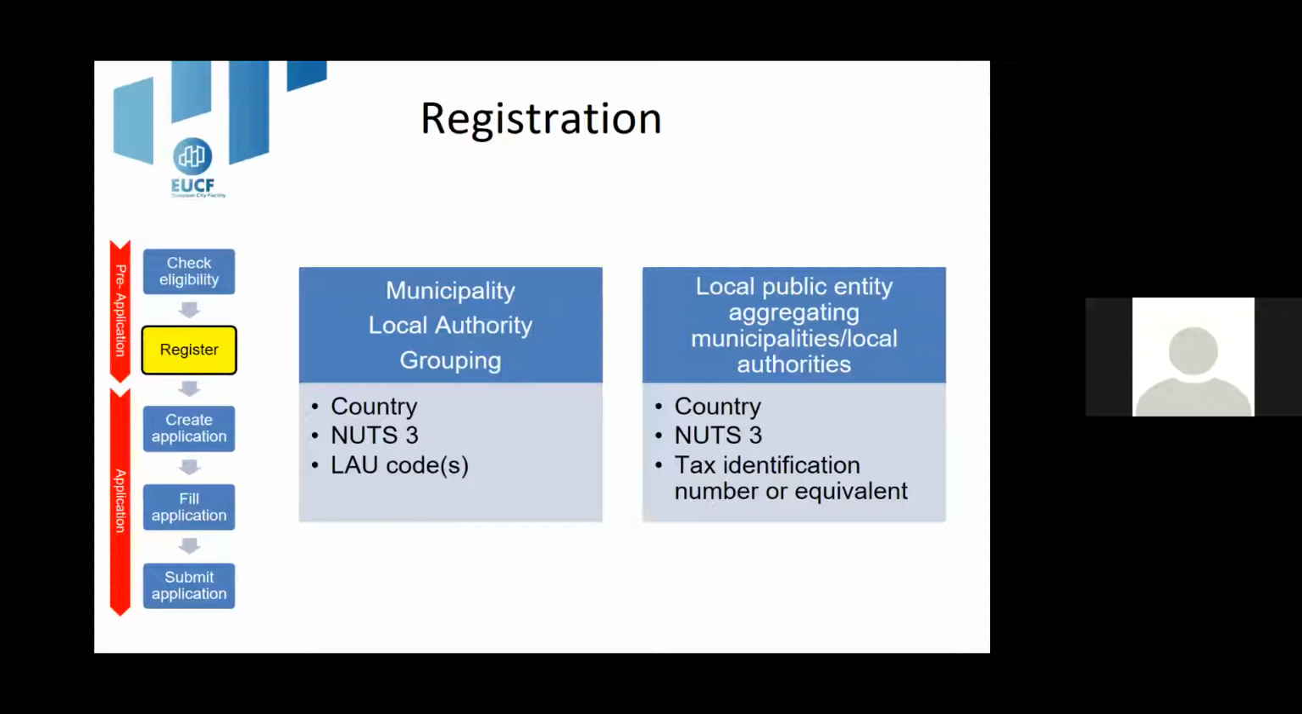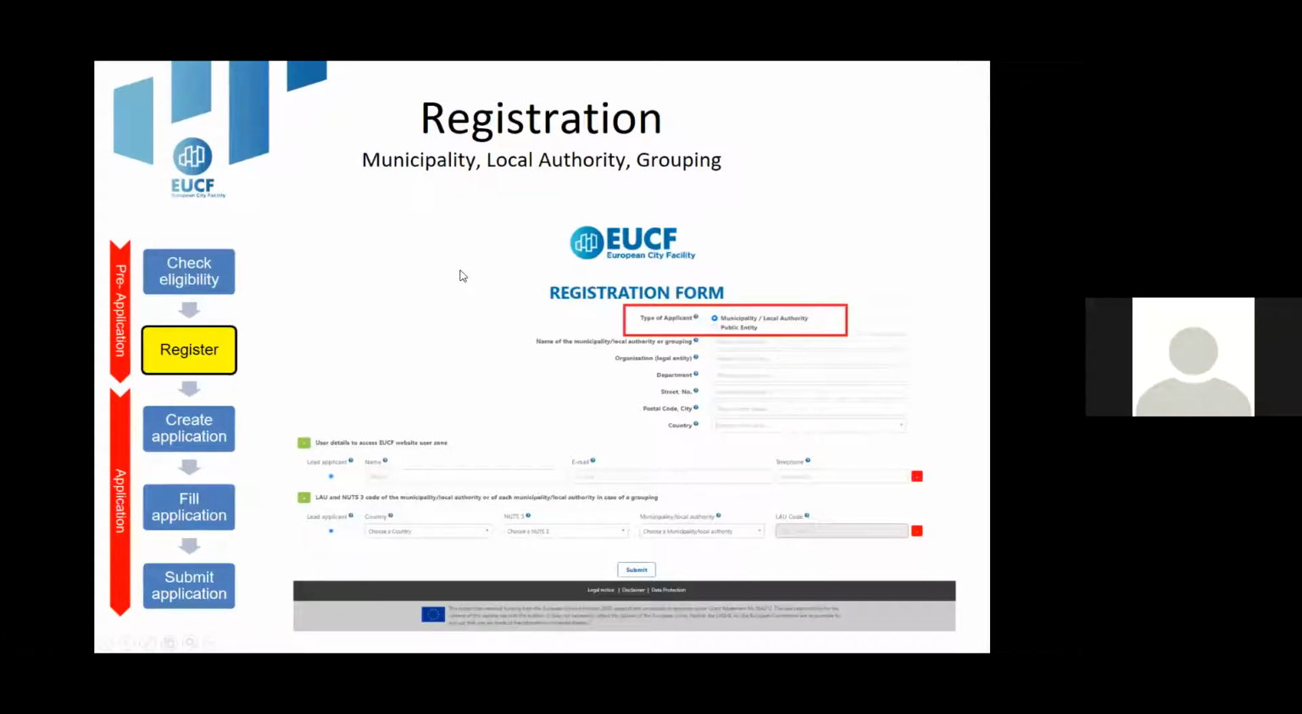These two groups are identified by slightly different information. The municipalities and local authorities are still giving us the information related to country, NUTS-3 and law codes as their information which uniquely identify themselves. The local public entities are asked to select country, NUTS-3, and then give us the tax identification number or its equivalent. As you can see in this slide, which is the screenshot of the registration form from the system,